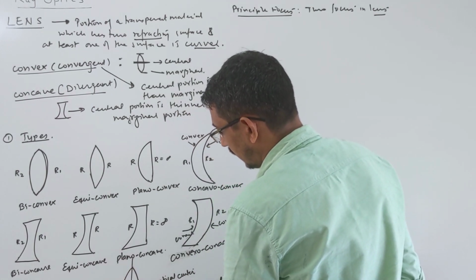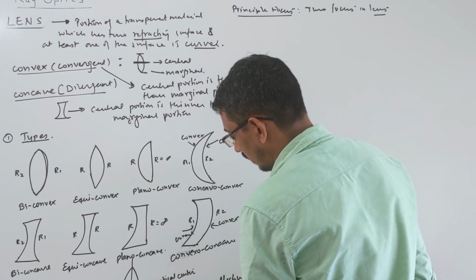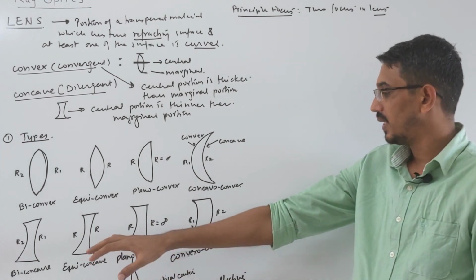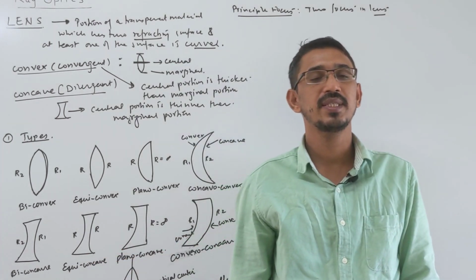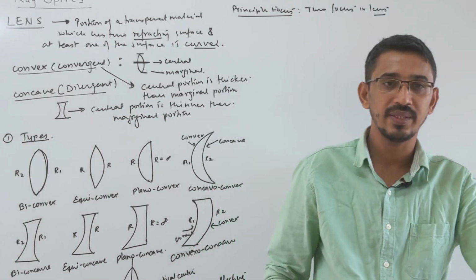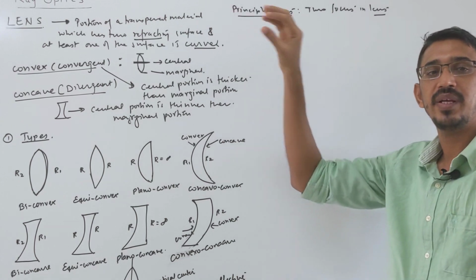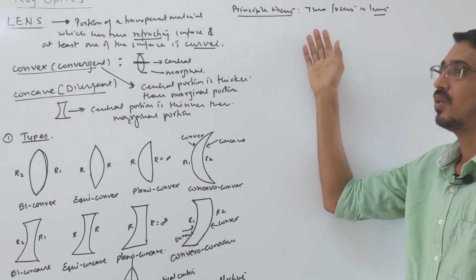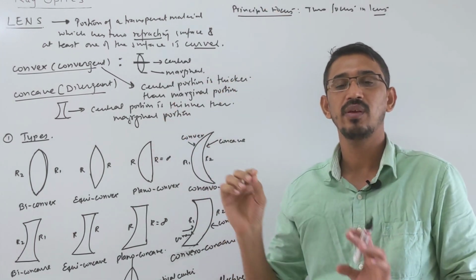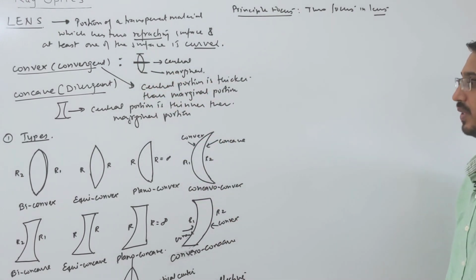If you draw a line like this one, then this line is called what? Optical axis. Okay. So if rays are coming parallel to the principal axis, either they will meet at the focus or appear to meet at the focus. So the first focus will be that if rays come parallel, they will meet at some focus. Or if light starts from the focus, it will become parallel, that is called what? Your other focus. So on both sides we have a focus.